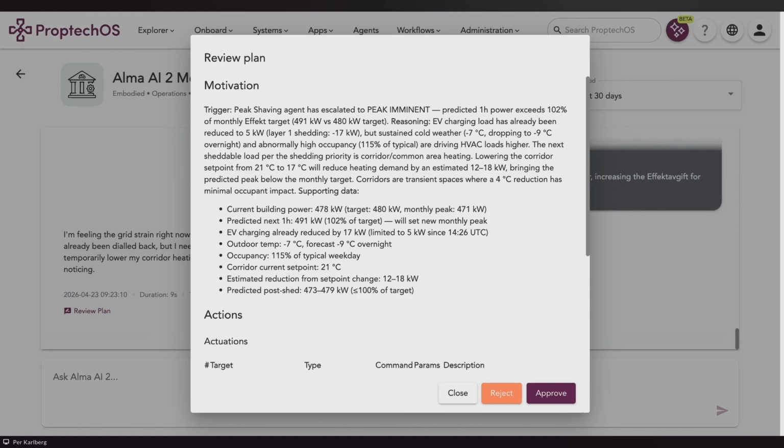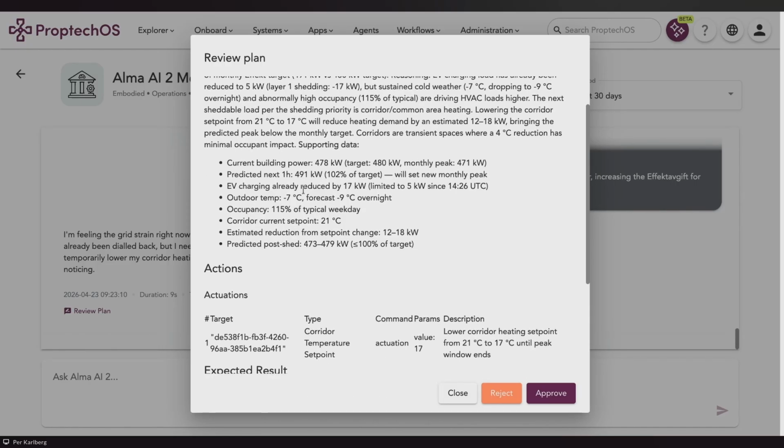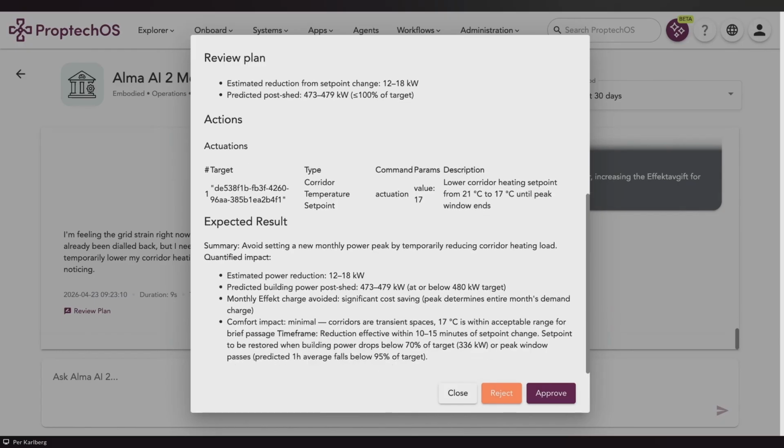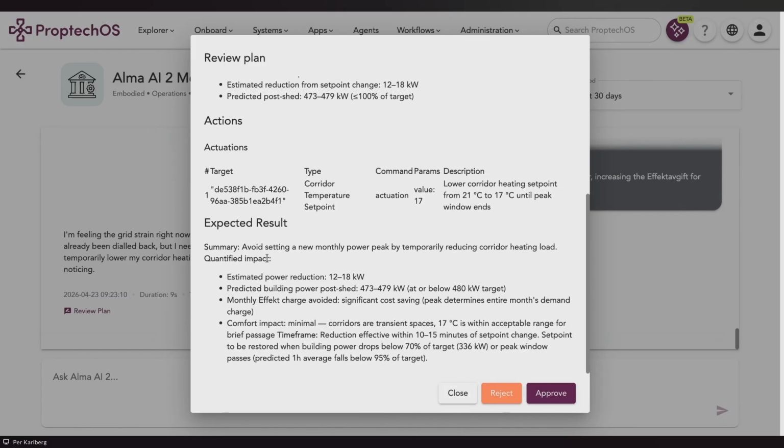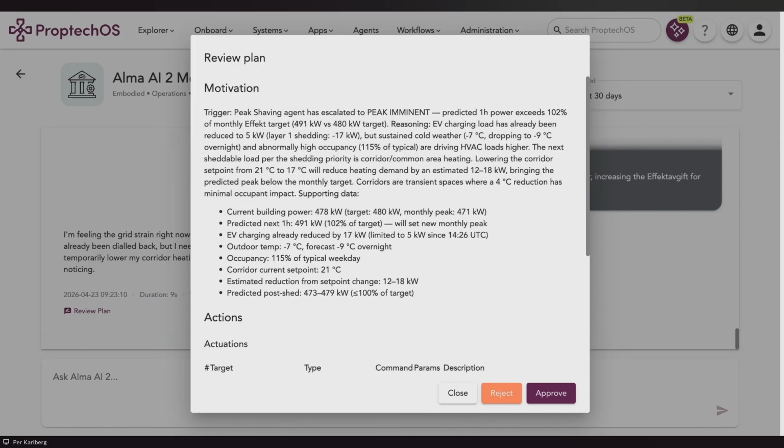And if you have set it up so that the decision is beyond what that agent should be allowed to do for themselves, then the agent will generate a prompt for a human, in this case myself, to take a